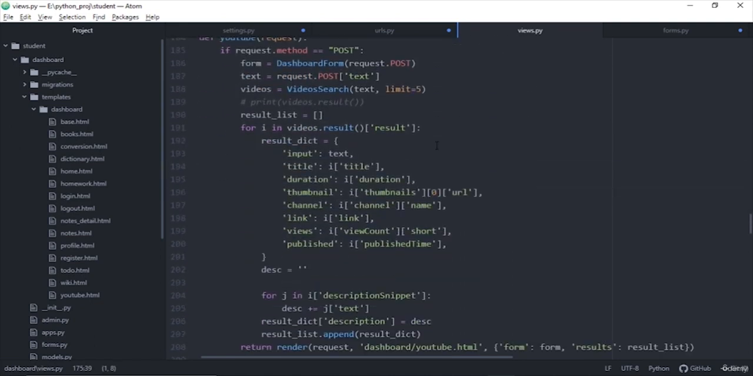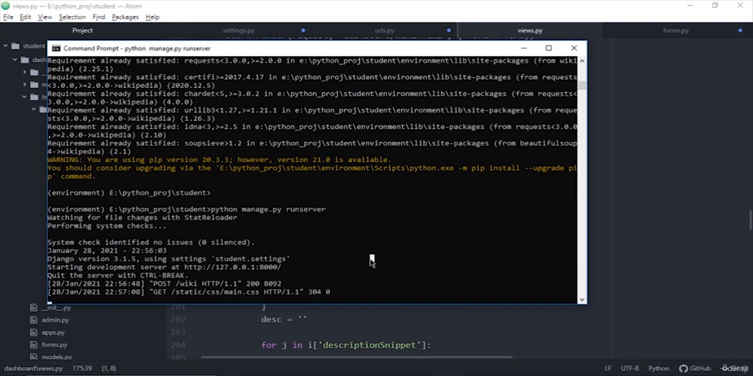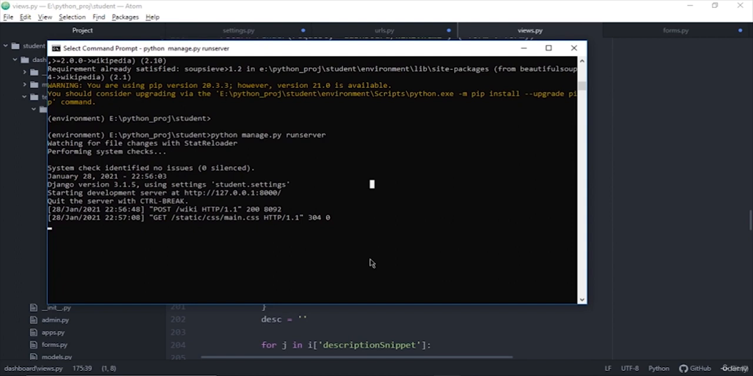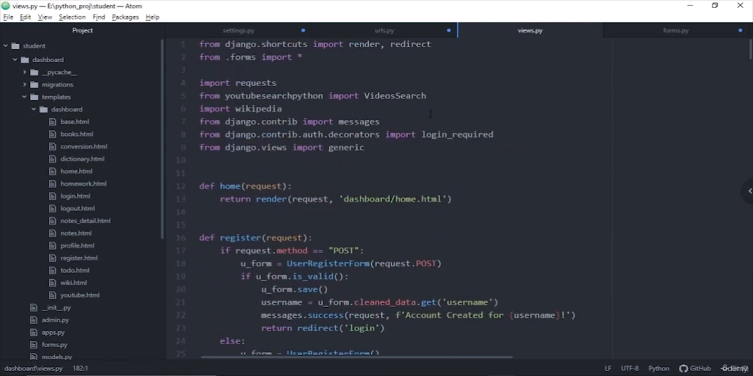So YouTube is kind of similar, but I did have a lot of details. In order to have YouTube, I'm just going to install something like pip install youtube-search-python. So in the command prompt we're just running pip install youtube-search-python. After this is installed, we're just going to import this. So from youtubesearchpython, this time without any hyphen,